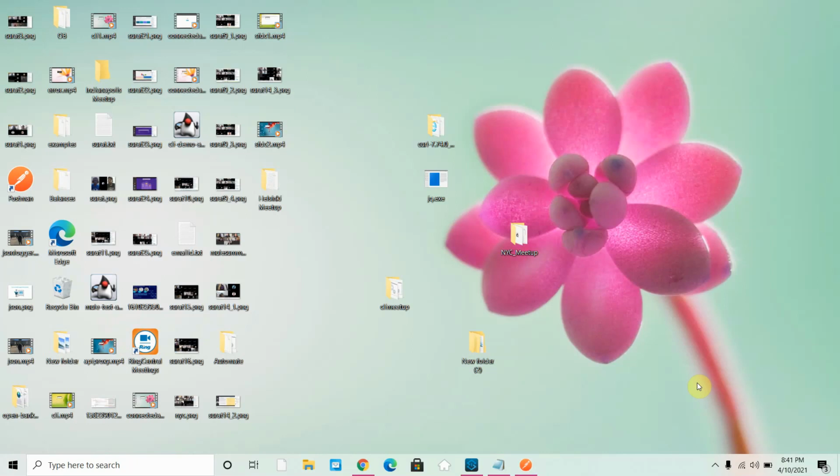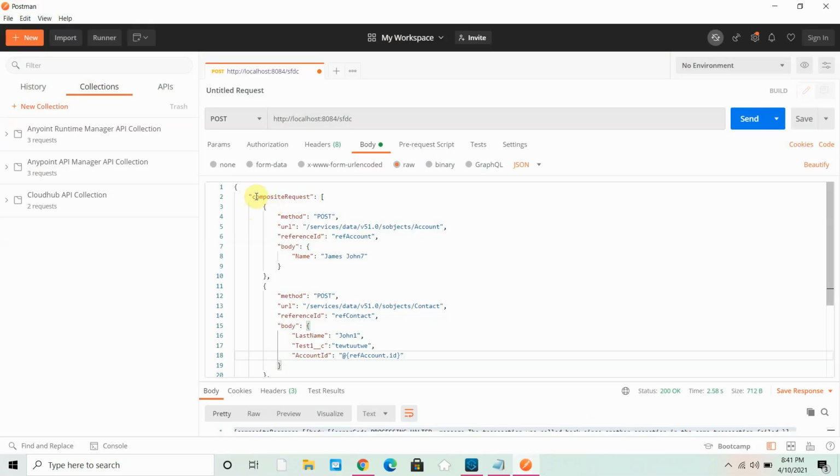Basically, we will talk about transactions, and how we can enable a transaction within the request that we are sending to Salesforce using the Salesforce Composite Connector. With a composite request, I am creating an account and some related contacts in Salesforce objects. We have an account object and a contact object. In the account object I am creating the account, and in the contact object I am creating a related contact for that particular account.